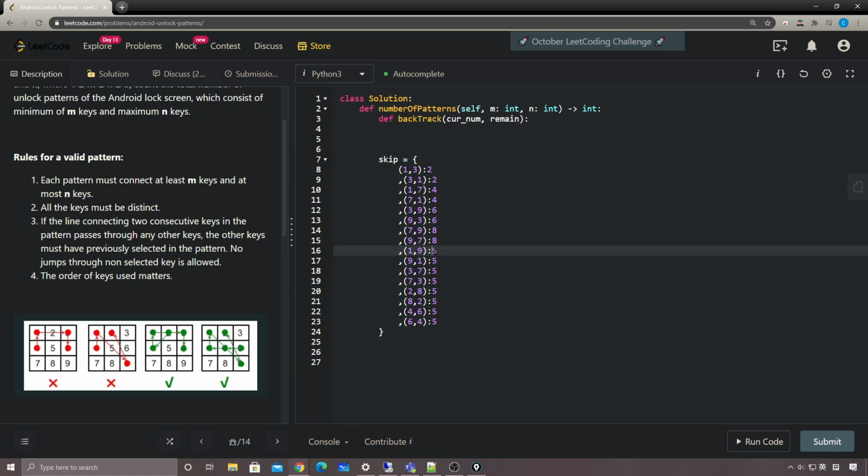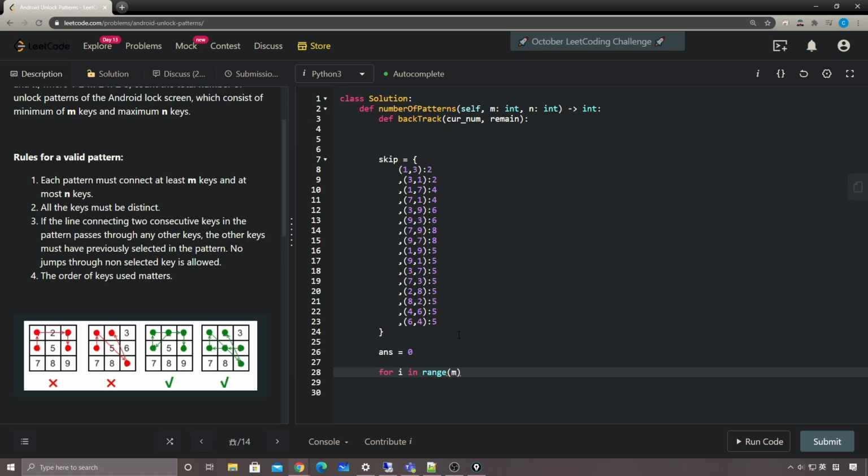other cases to skip 5, right, in the middle. So now we have that, and we can write our main loop here, right? So we have an answer here. Answer is equal to starting from zero, and then we need to loop through the